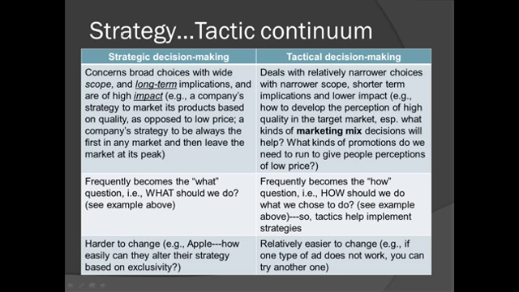Long-term, of course, makes sense. The decision has implications for how long it's going to affect those entities. And the impact or the intensity means how deeply those entities would be affected. And here are some examples. Example, a company's strategy to market its products based on quality as opposed to low price. Once you make that decision, it's a pretty solid